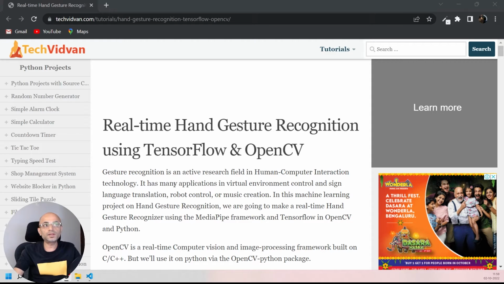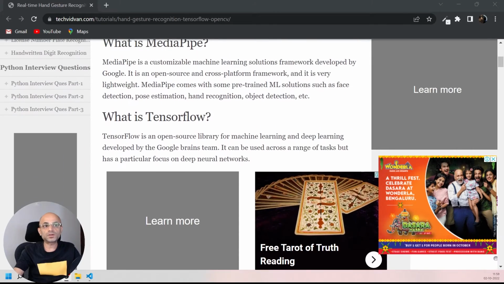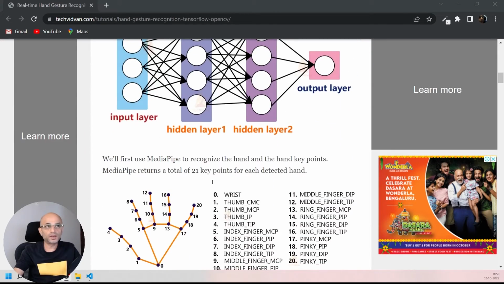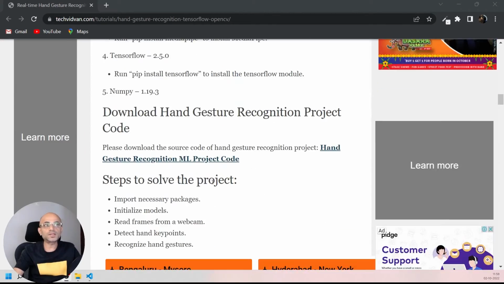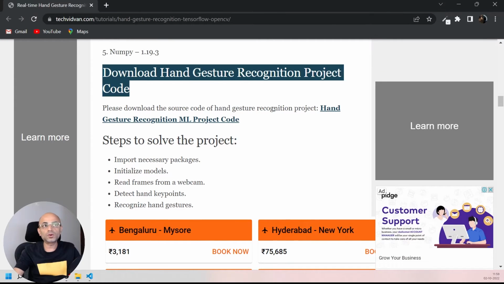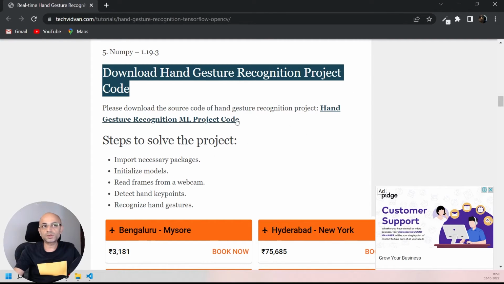I have downloaded the demo code from techwithone.com, which has all the details about the demo, and also it has a link here to download the project code, which is a zip file.